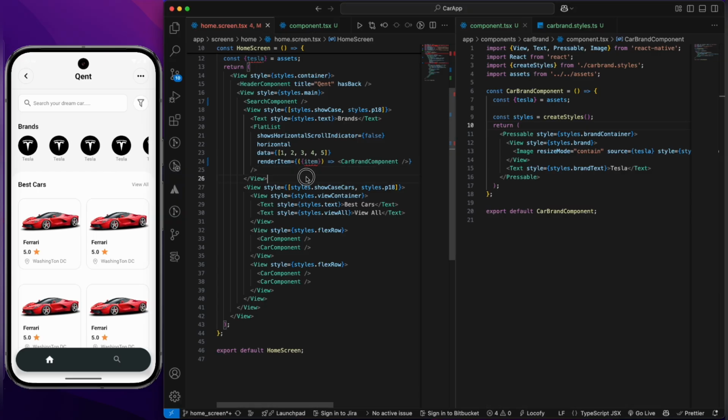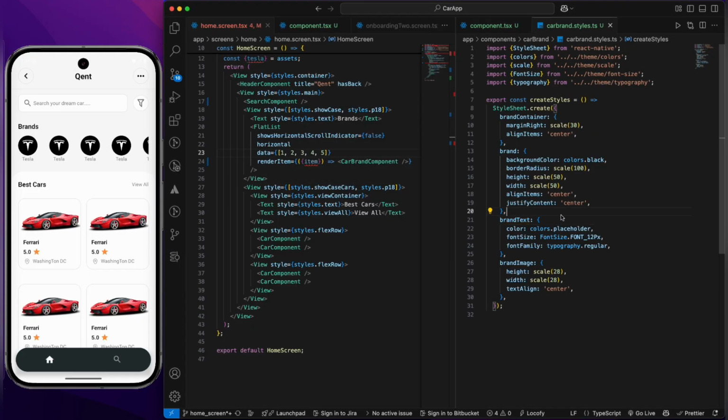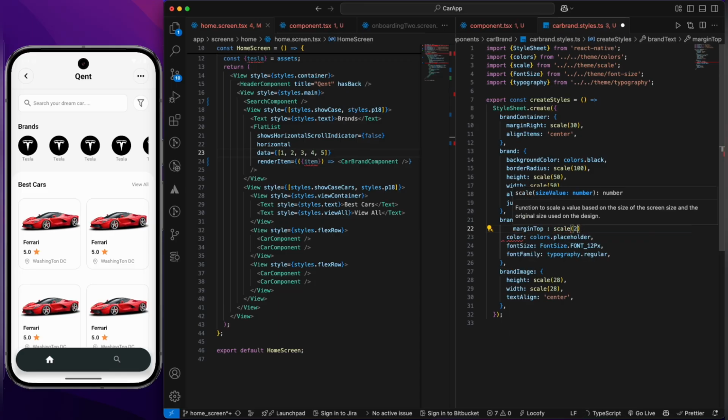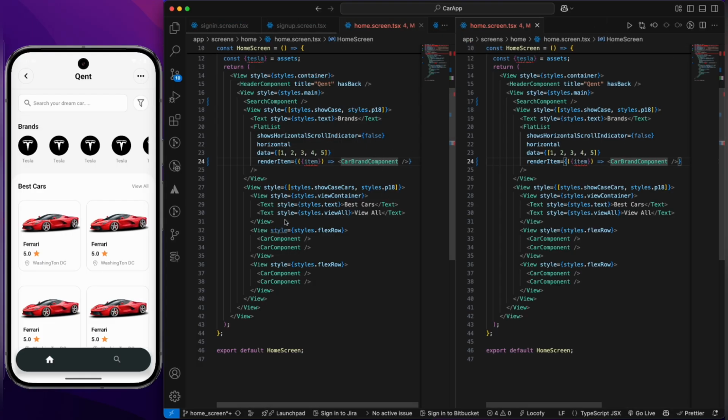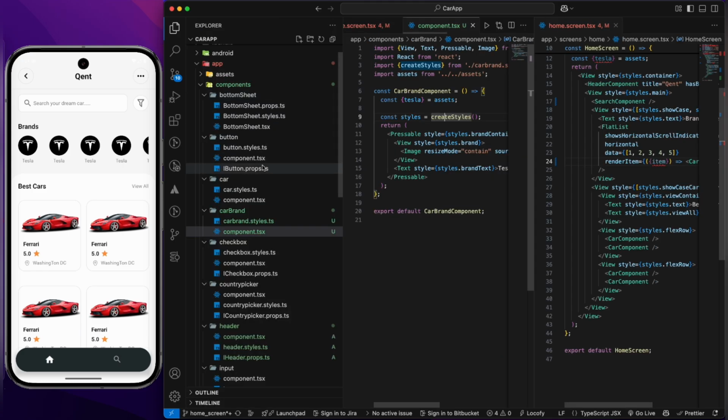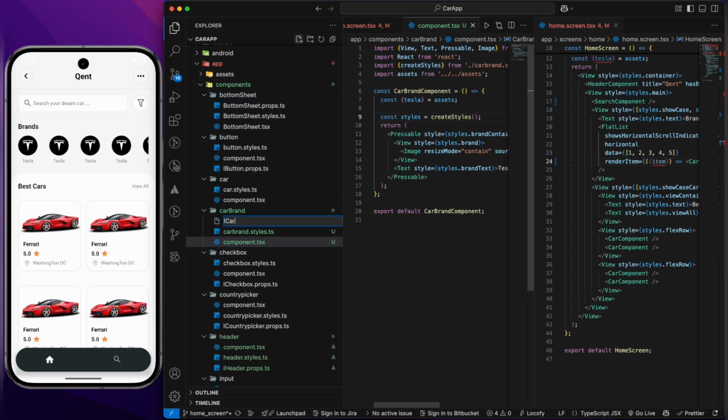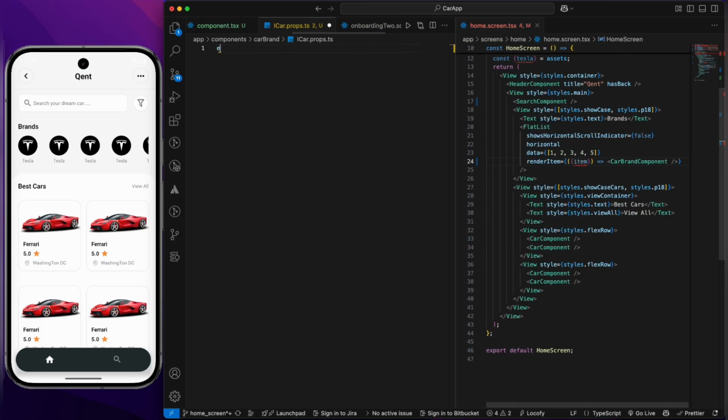So what we will be doing as of now, for simplicity, let me show you first what I'm going to say. Let's add some margin top, scale, yeah, let's add it 4. Yeah, looks good. So let me tell you that I can also add props over here. So let's add those props. Let's add ICar.props.ts, let's import, export interface